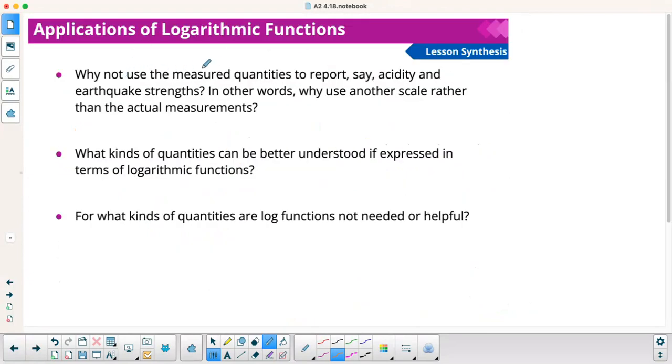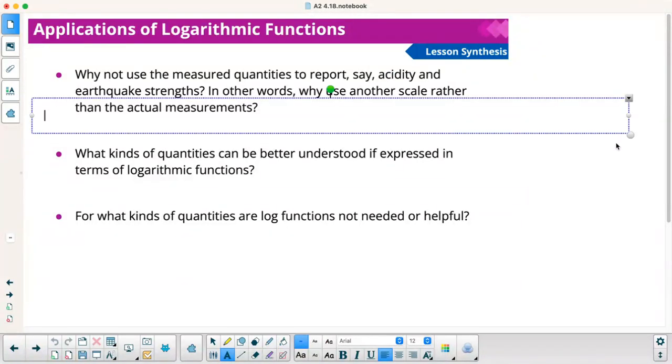All right. Why not use measured quantities to report, say, acidity and earthquake strengths? In other words, why use scale rather than the actual measurements? Okay. So here's what I would say. I would say